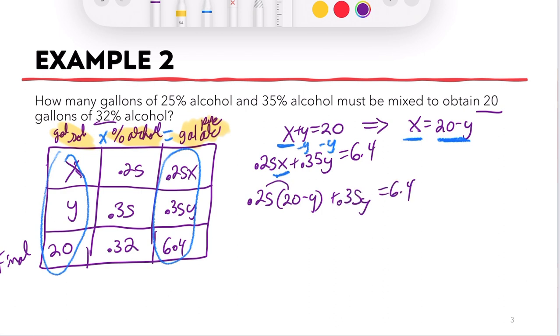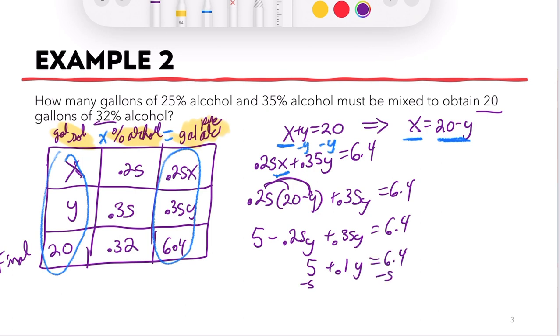I'm going to go ahead and distribute. 0.25 times 20 is 5. 0.25 times negative Y is a negative 0.25Y. And I'm going to add that to 0.35Y. Let's go ahead and combine like terms. So I have a positive 0.1Y plus 5 equals 6.4. Subtract 5 from both sides. 0.1Y is 1.4. That means Y is going to equal, if I divide by 0.1,